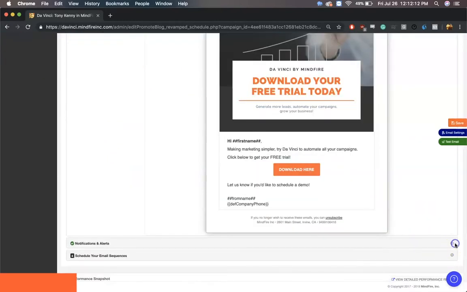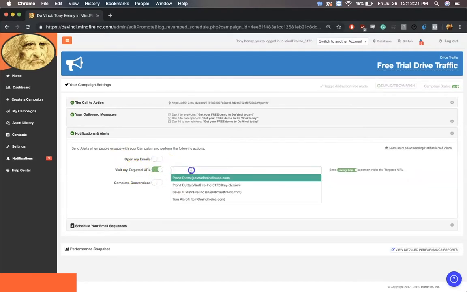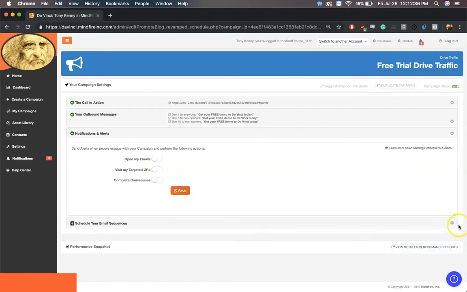The third section is the notifications and alerts. So if you like email notifications for any of these alerts, say when someone opens your email or someone visits your URL, you can go ahead and add that right here, add your email, and then you can control how often you want to receive that email. So maybe just the first time or maybe every single time they visit. For me, I'm going to go ahead and turn these off,